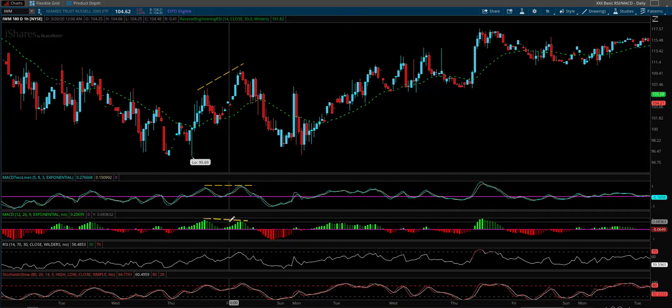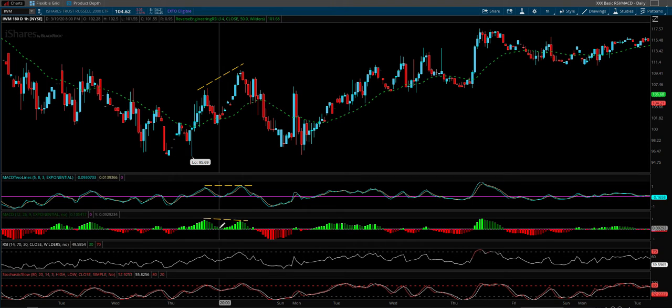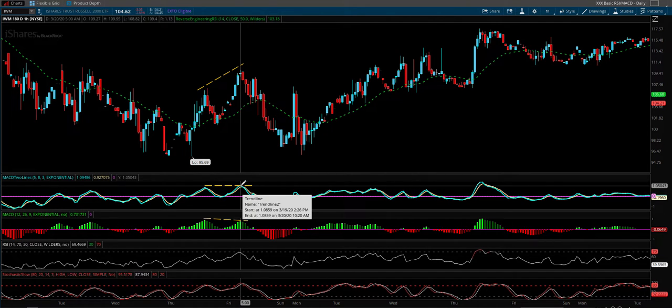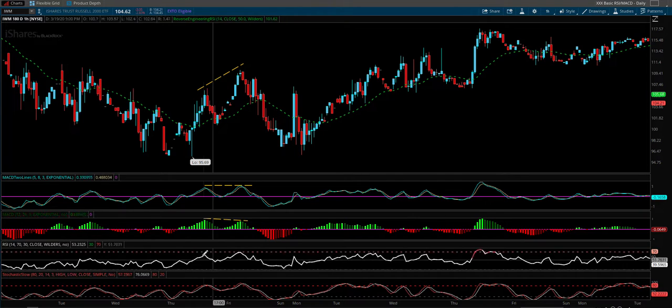That's a true divergence. Here, you really had just a lower histogram and then it went higher. So it could be a little tricky here with the histogram. So this is why I don't really use the histogram. I prefer the two-line. And if you look here at the RSI, it really didn't show the divergence because actually it